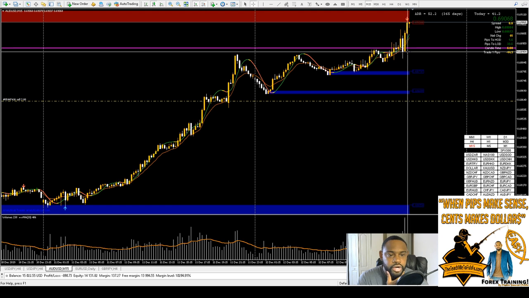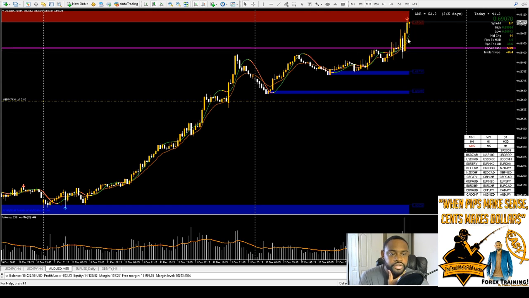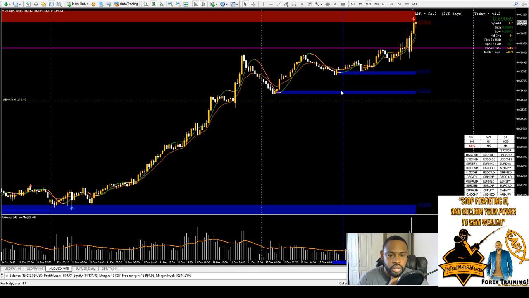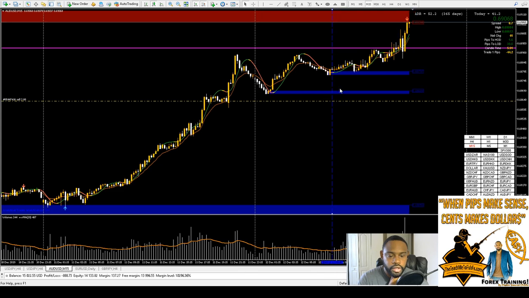On my chart, the orange candles are bullish, the white ones are bearish. This is my workflow template that I have set. But here again, we see where the market makers came in. Really, this whole move from about here,